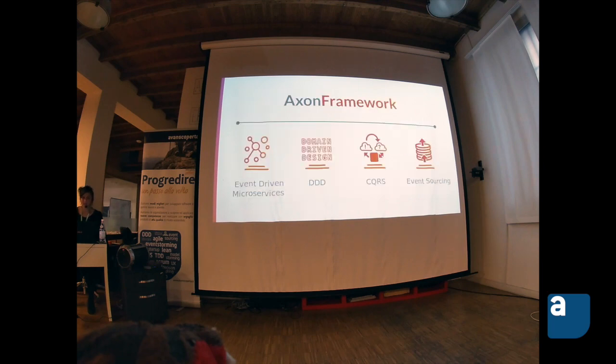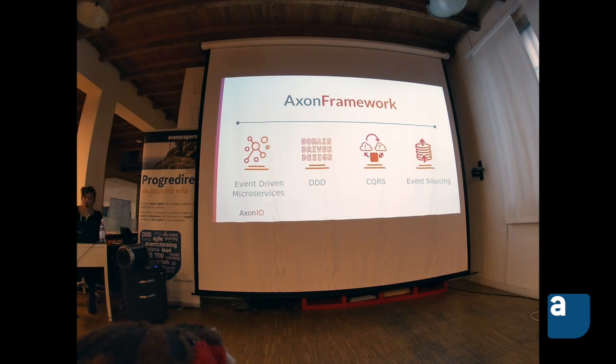So let's try to put this concept into practice with the Axon framework. Axon framework is an open source framework for writing event-driven Java applications. It is useful to implement domain-driven design concepts like aggregates and CQRS applications, it supports event sourcing persistence of the aggregate, and with the implementation of location transparency it enables evolving from a monolith to a microservice